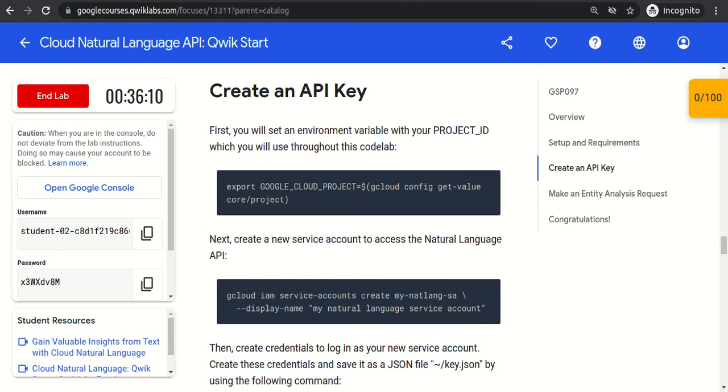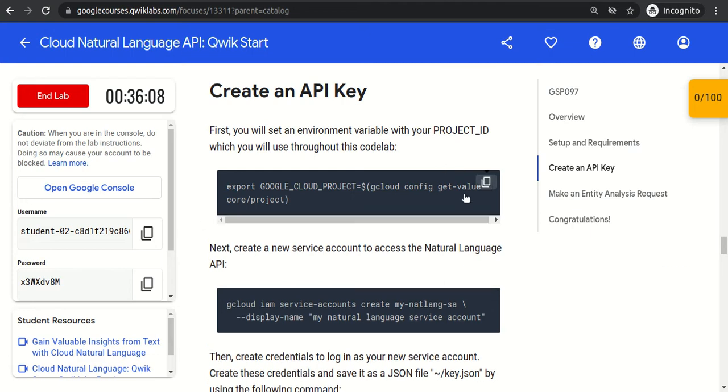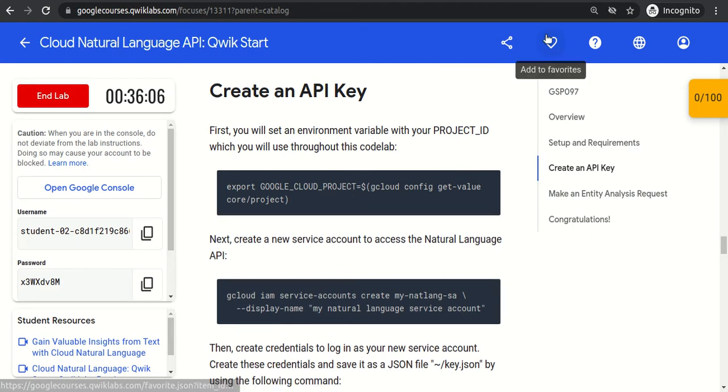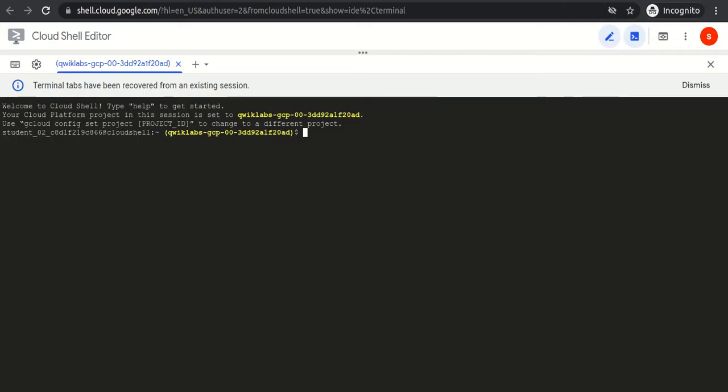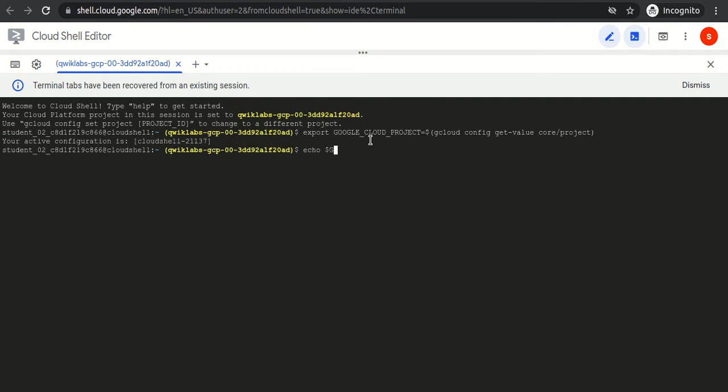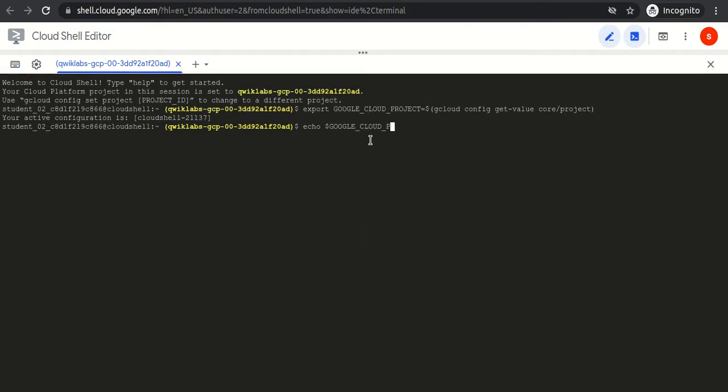Okay, so I have opened it, and we have to set the Google Cloud project. So I've set the Google Cloud project. If I now do the echo, my project has been set: QuickLab GCP 20 AD.